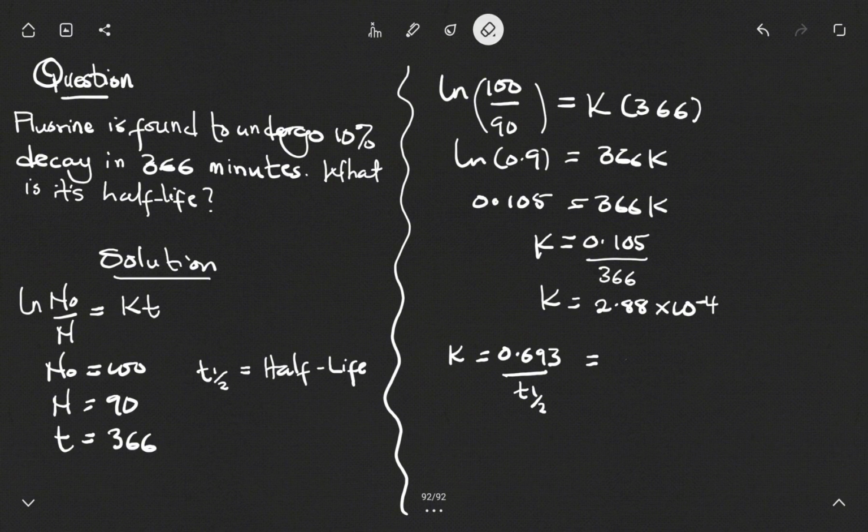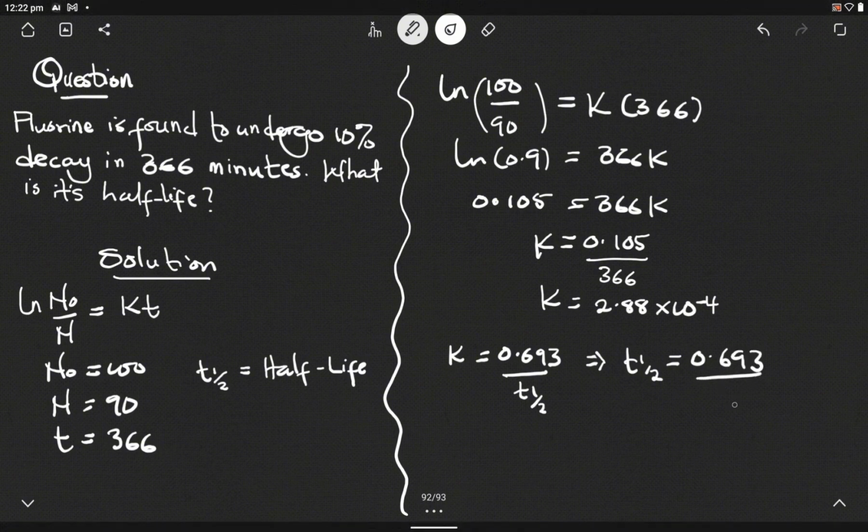Okay, so we have k to be 0.693 over half-life. This means that if we make t half the subject, we will have 0.693 divided by k,